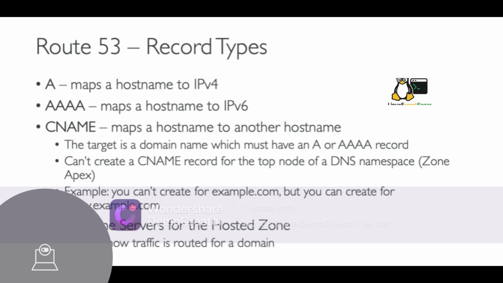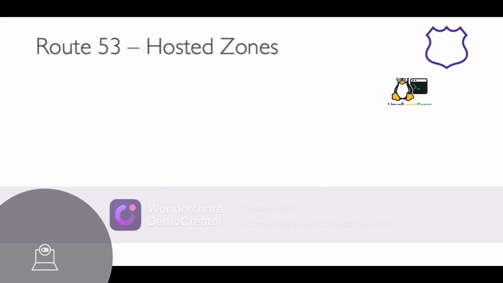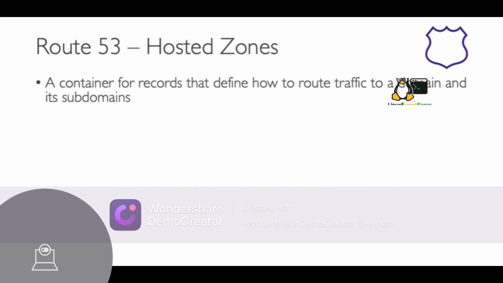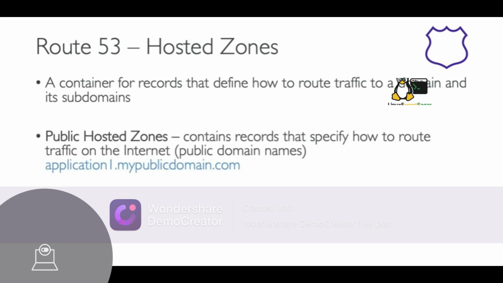So let's have a look at what hosted zones are. Hosted zones are a container of records, and they define how to route traffic to a domain and its subdomains. We have two types of hosted zones: public hosted zones and private hosted zones. Whenever you buy a public domain name, for example mypublicdomain.com, we can create a public hosted zone, and this public hosted zone can answer the query, hey, what is the underlying IP of the domain name